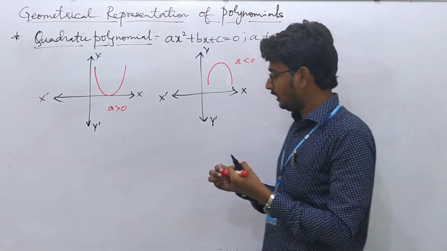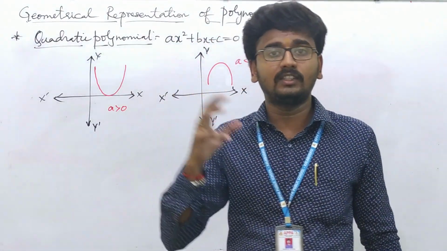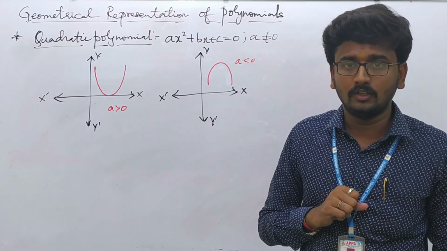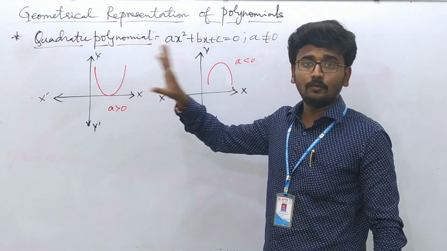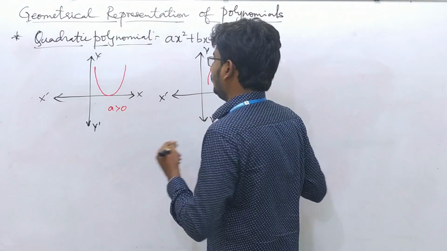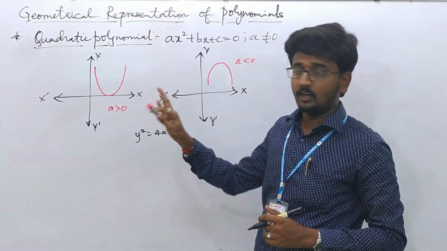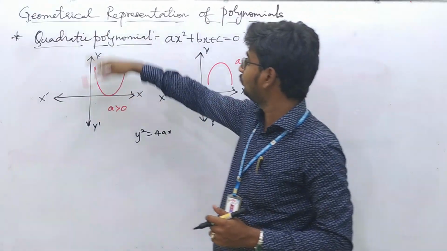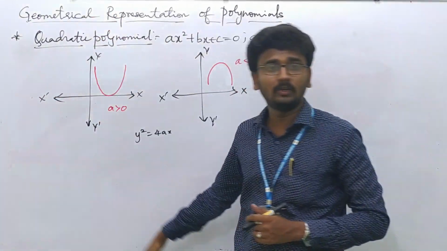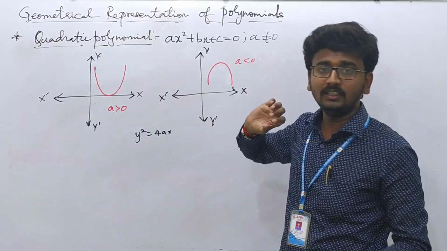This kind of parabola you will learn in the PUC straight lines chapter or conic sections in 2nd year. There we also have equations for parabola, such as y square equal to 4ax, depending upon the axis, how it intersects along the x axis, y axis, negative x axis, negative y axis. Generally y square equal to 4ax if it is intersecting along the x axis.